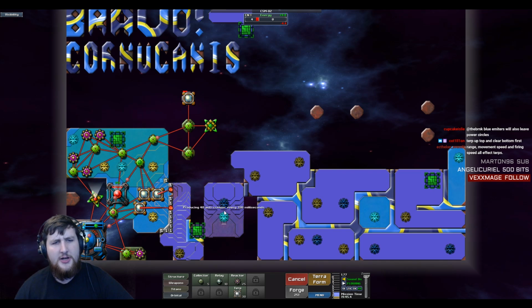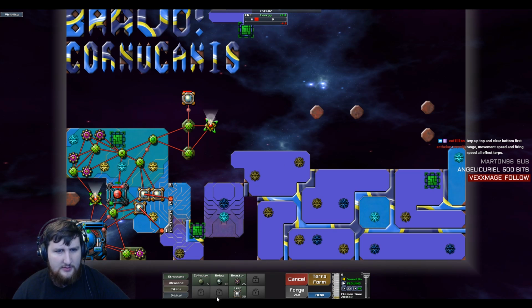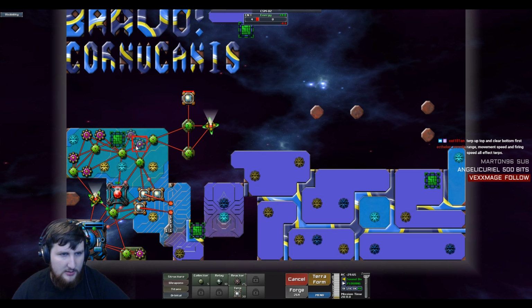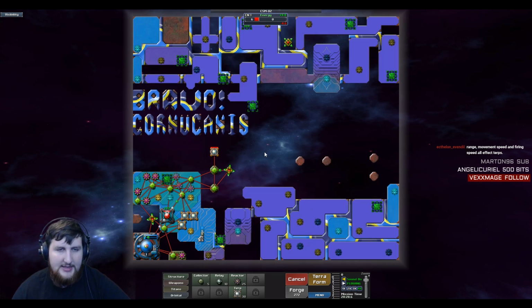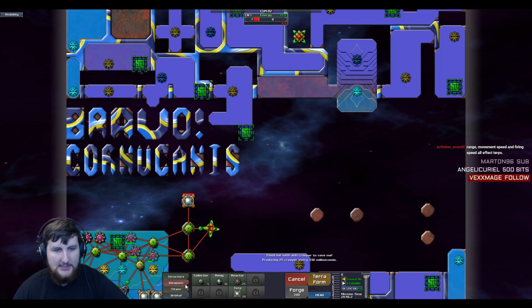Okay. So I can hook up a relay there and do very nicely for myself. That seems like a good thing. Let's drop a couple reactors over here because we are power stalling again. I know that that's not the end of the world with this, but we do want to creep as quickly as possible